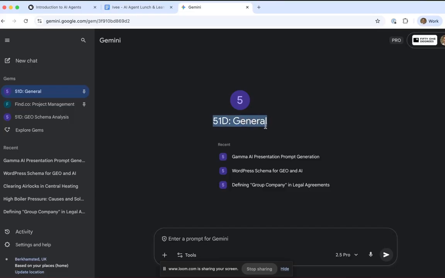This gem has a base prompt within it, which says, I'm an AI consultancy. I like to operate in these ways. I like to ensure that I have human in the loop AI, et cetera. And so if I do any work, I start off with Google Gemini with a smaller prompt. I then use that to build a bigger prompt to go into that other platform.